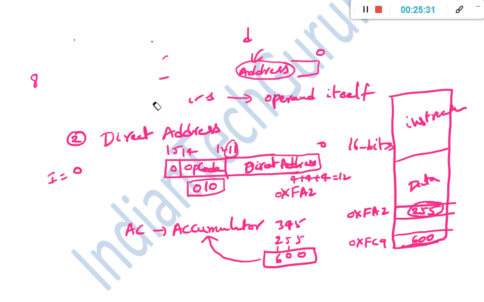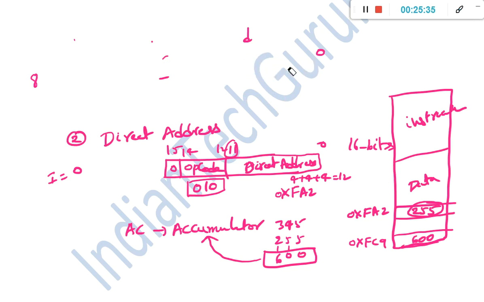Okay. So now assume that the I value is 1. Whenever the I value, the indirect mode value, is 1, then it represents indirect address mode. Okay. So case 3 is indirect address mode. If it is indirect address mode, then let us see how it looks.